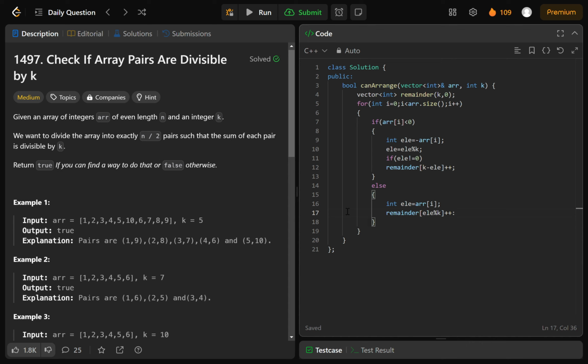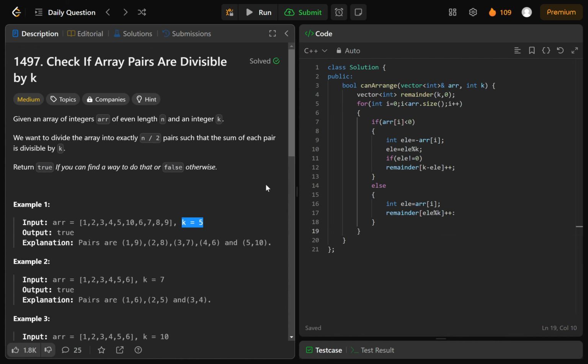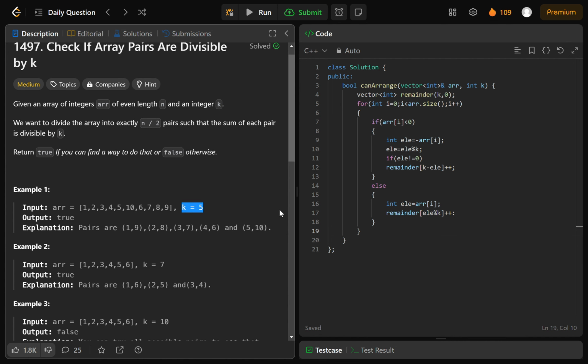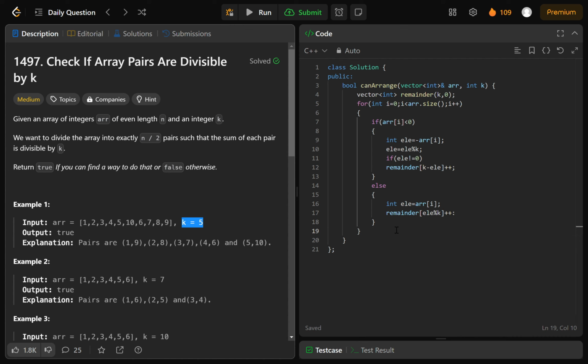Now, as we discussed, we will run a loop like we do in palindrome checking in a string. So, for example, if k is 5, we have to check the remainder of values 1 and 4. If there are n remainder values 1, then there should be n remainder values at index 4, because 1 plus 4 adds up to 5, which is 0 mod 5. Okay, so we will take an integer value, let's say i, which is at the first index 1, and the second value j equals the last index, which is k minus 1. Okay,